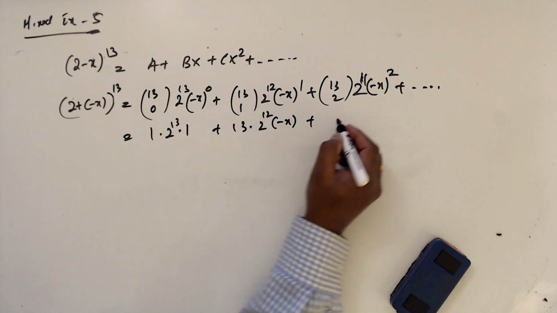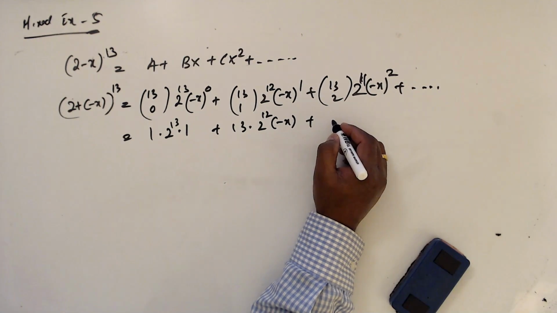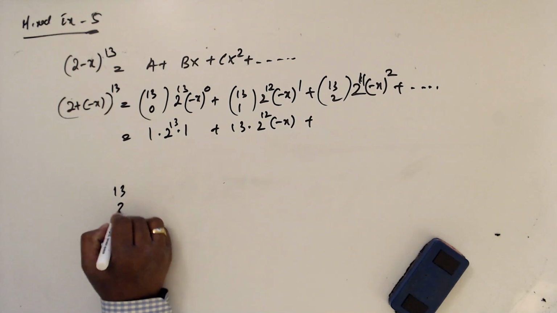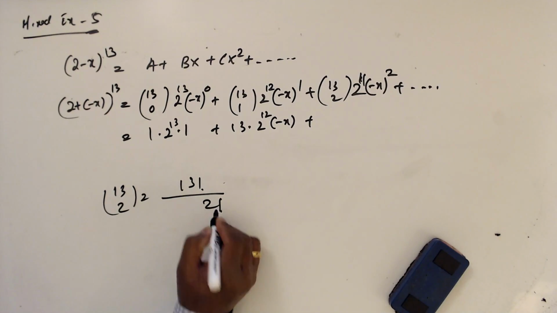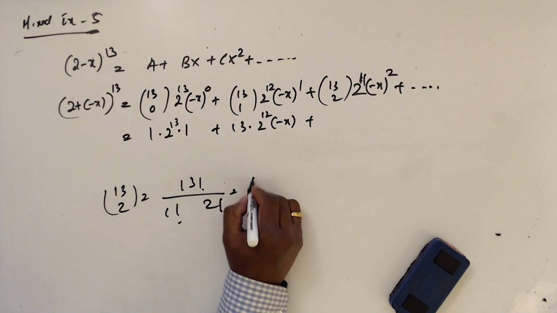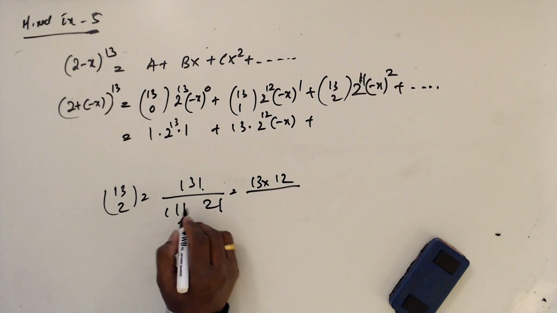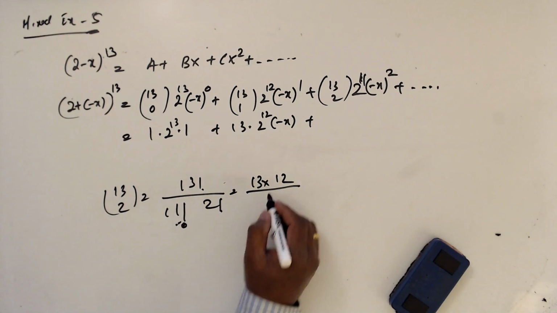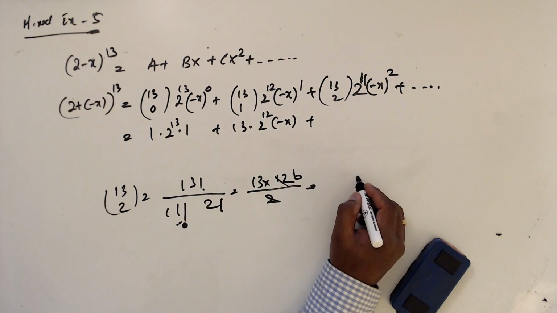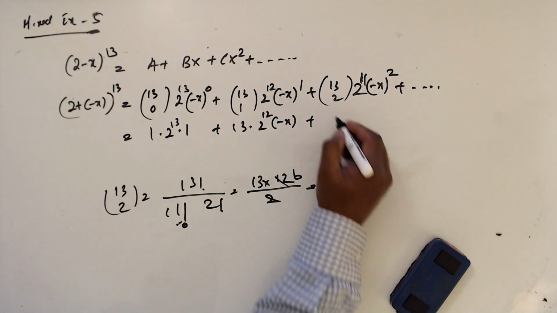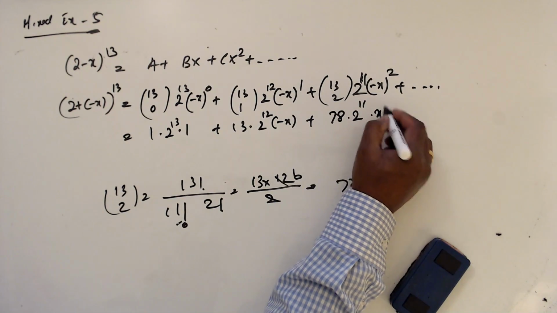And this is going to be 13c2. I have to work out factorial 13 over factorial 2 times factorial 11. So 13 times 12 over factorial 2, and factorial 11 cancels. 6 times 13 is 78, times 2^11, and x squared, plus